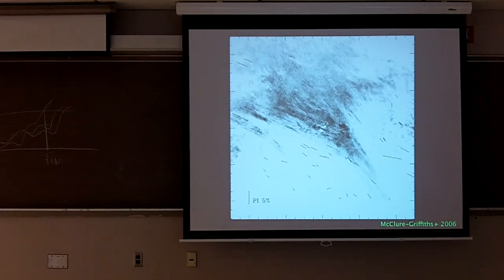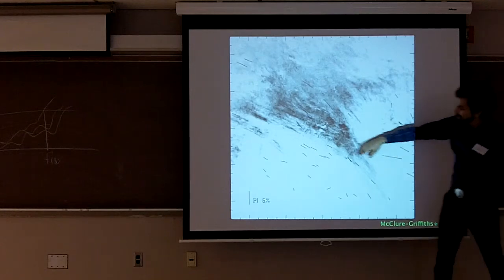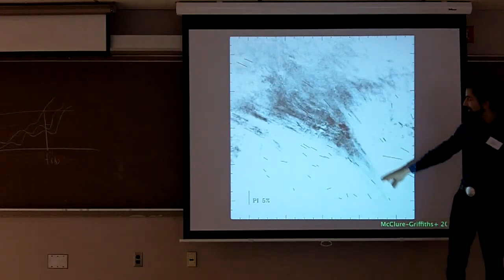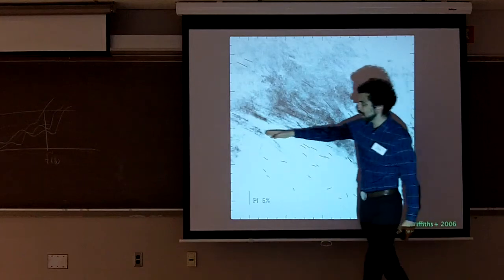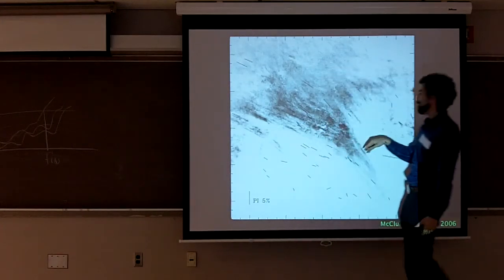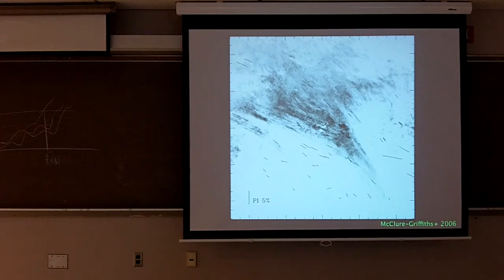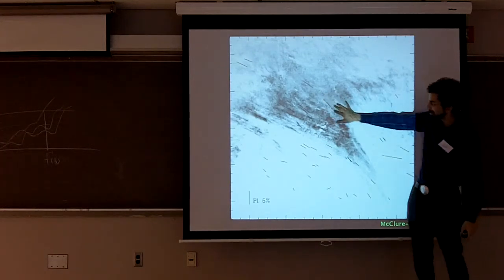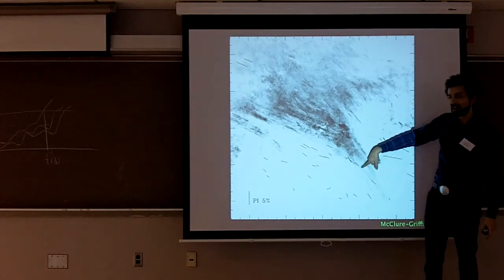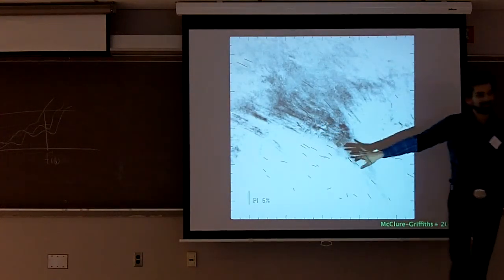This is work again by Naomi Griffiths, and what they found was looking in the plane of the galaxy. This is again the plane of the galaxy. There's all these striated features. You can see the grayscale here is again the neutral hydrogen, and there's these straight lines. What they're showing with these straight lines is polarization of starlight. Polarization of starlight tells you that there's dust on magnetic fields that's polarizing the starlight. And so this is telling you, by the correlation between these straight lines that you can just see with your eye and this stuff, that this stuff is tracing the magnetic field of the galaxy.